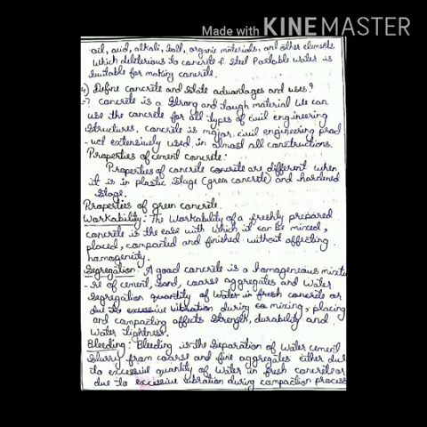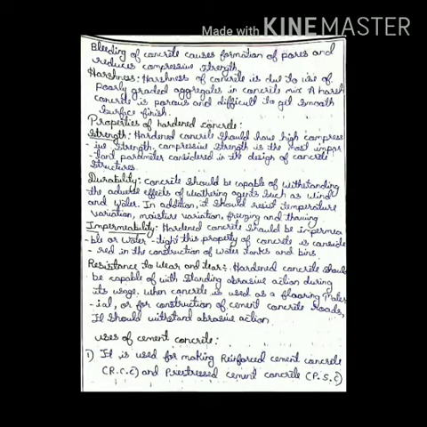Bleeding means extra water along with the cement tries to flow out through the formwork, due to which the compressive strength of such concrete will be reduced. Next is harshness. Harshness of concrete is due to the use of poorly graded aggregates in the concrete mix. A harsh concrete is porous and it is difficult to get a smooth finish of the surface.